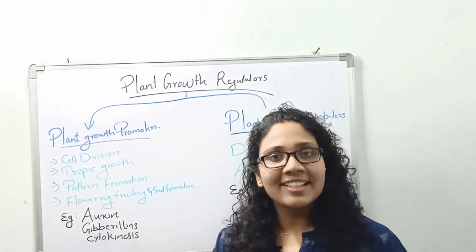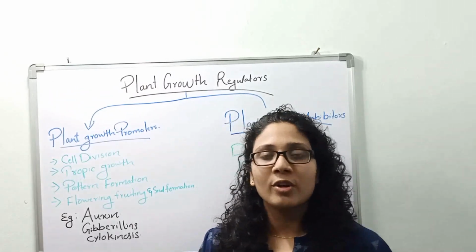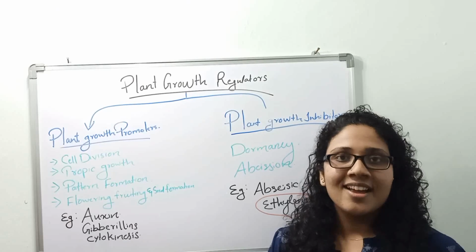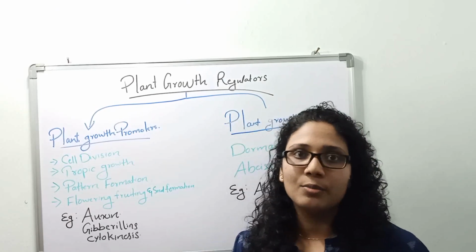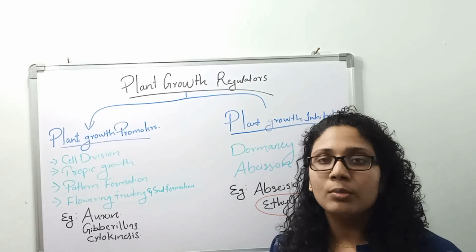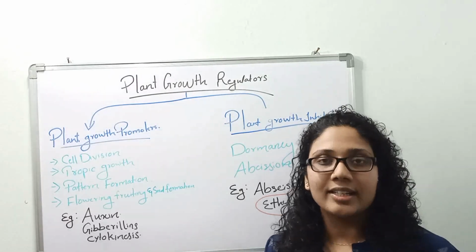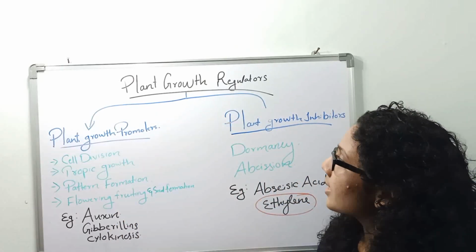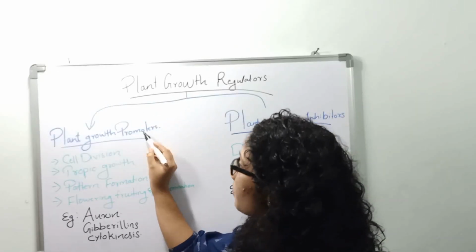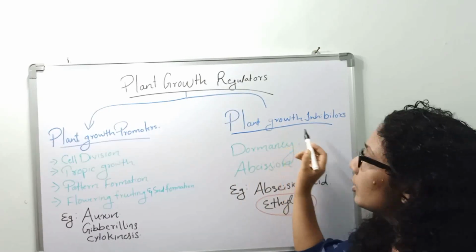Hi guys, in this particular video we are going to talk about plant growth regulators. Plant growth regulators, which are also known as plant hormones or phytohormones, are small molecules which regulate plant growth. Based on the function, plant growth regulators are classified into two types, that are plant growth promoters and plant growth